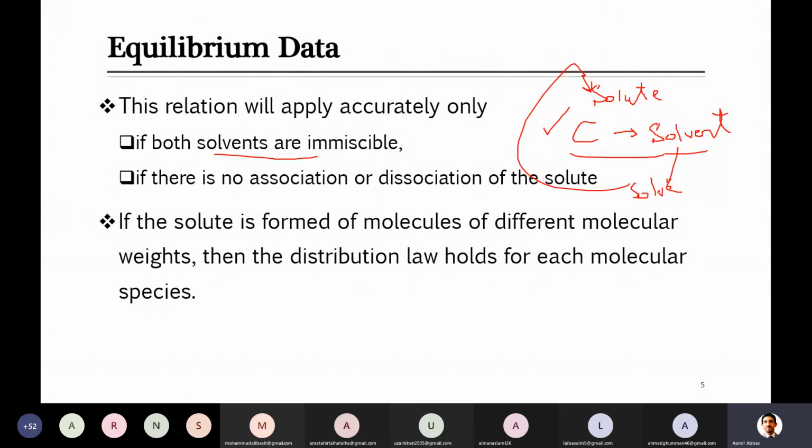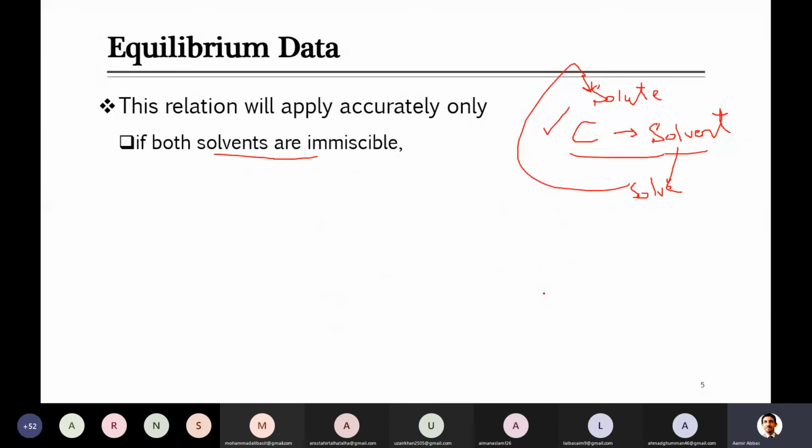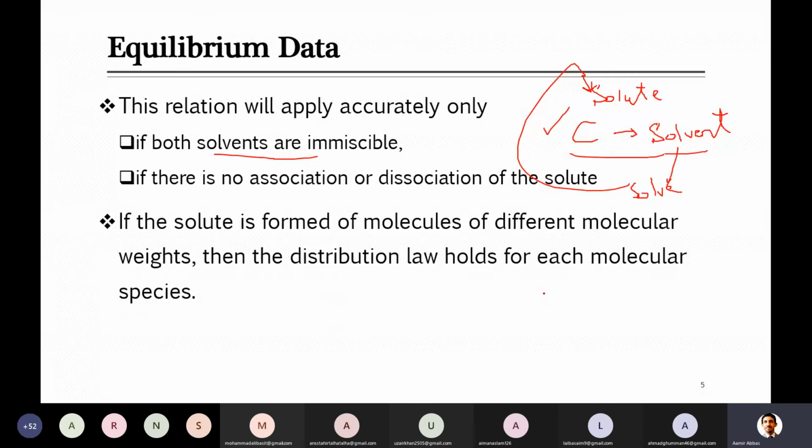So this is the requirement for application of this equation, which we have seen, because here we are just saying concentration of solute. It means the solute should remain the same as it was originally in the feed, in the same state, and it is transferred to the extract versus what is still left over, because you know that 100% is not transferred, something will still be there in the feed stream, which we call the raffinate. So this is the requirement for application of this equation.